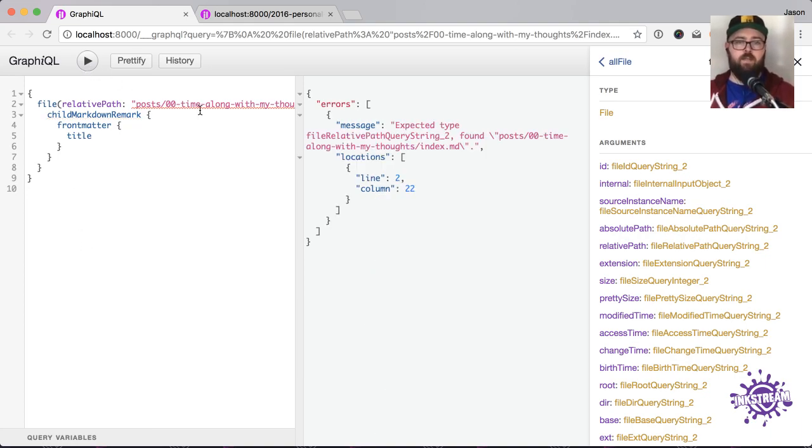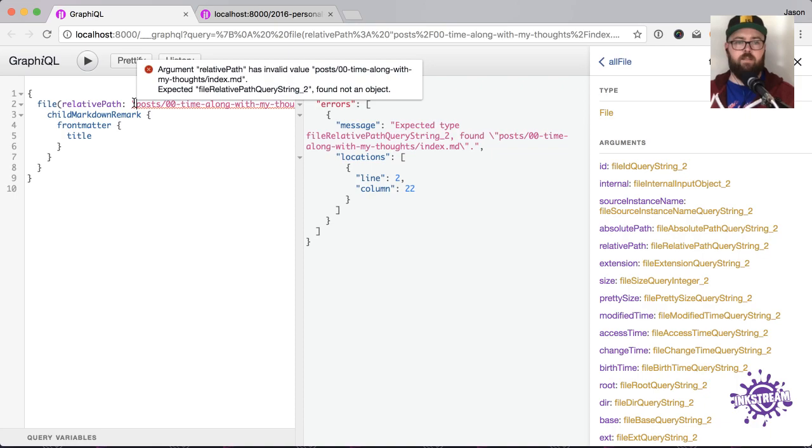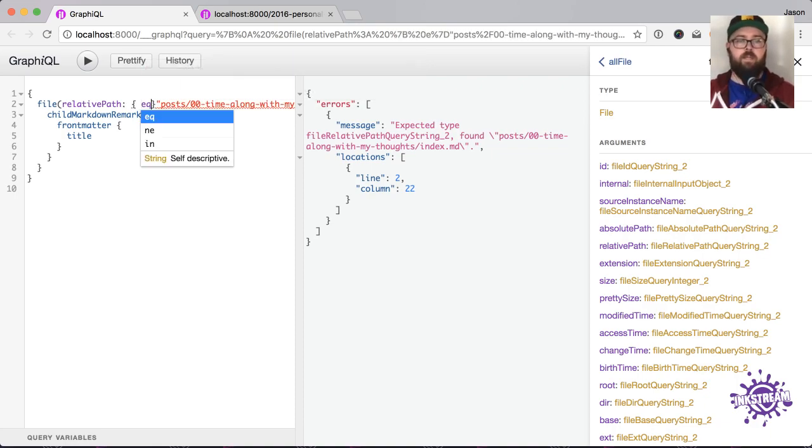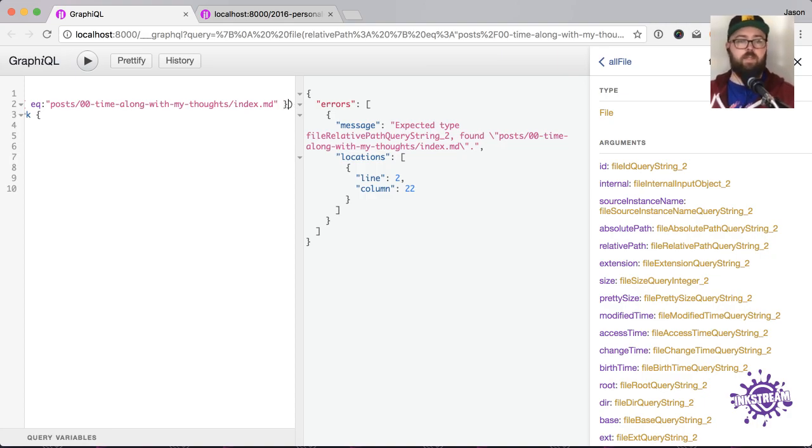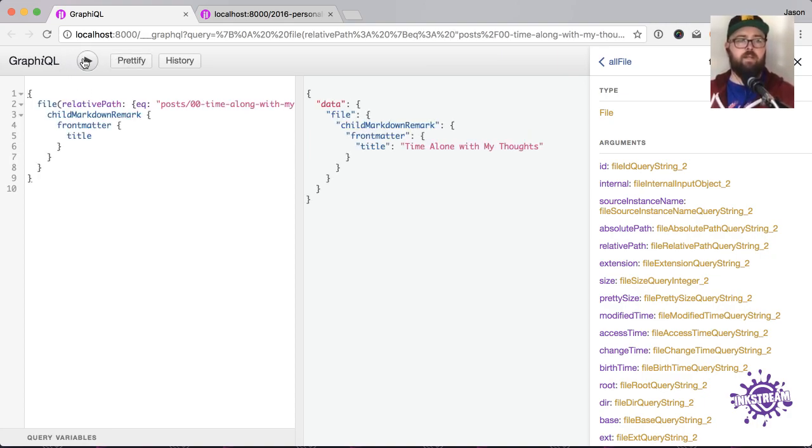What that should give me, I broke it. Relative, oh yeah, because it needs to be an object. So that's going to be equals, and then that will be there. Prettify that. There we go. So this gives us the actual post. So if I swap that out for the query variable, which is what I'm expecting it to be,